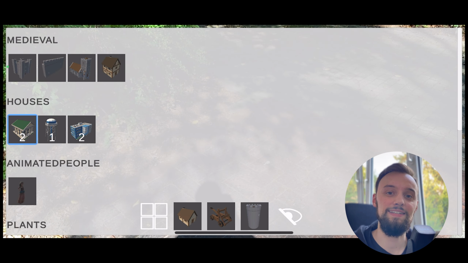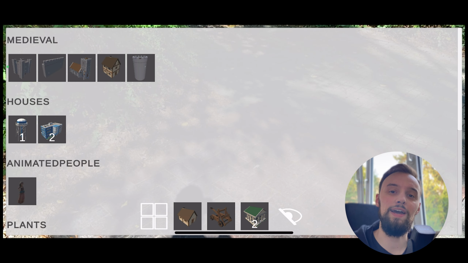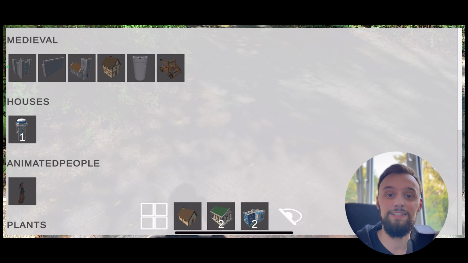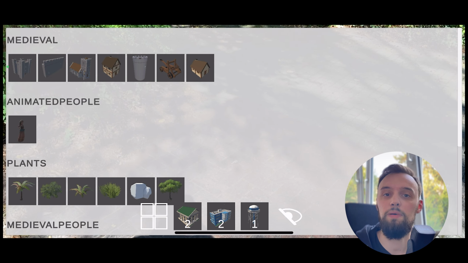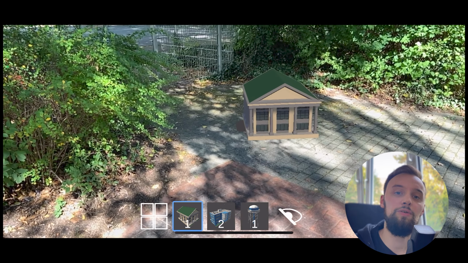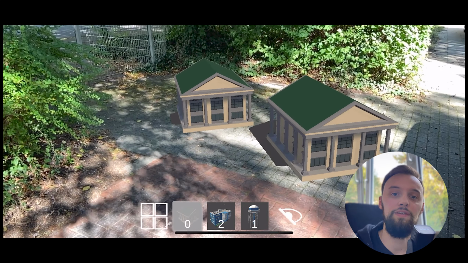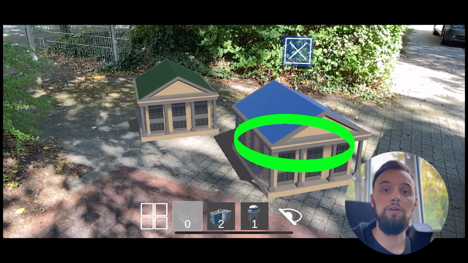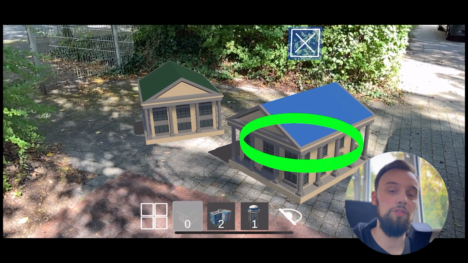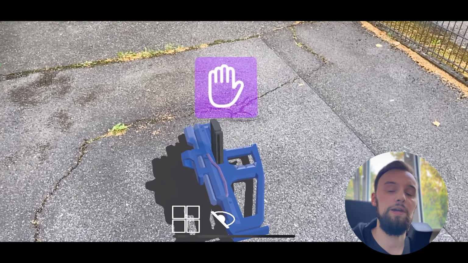My name is Toby, and in today's video we're going to do a deep dive and a scene setup tutorial for the AR Magic Bar, which is a Unity asset that I've created and which just received a very big update. So we are going to first of all discover all the new features of the AR Magic Bar, and